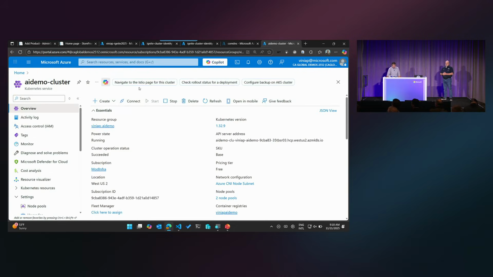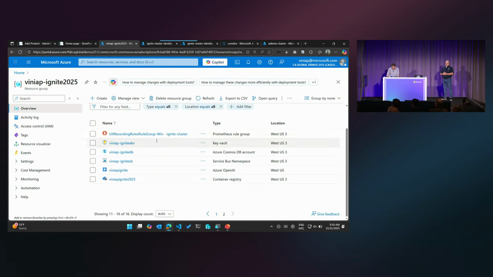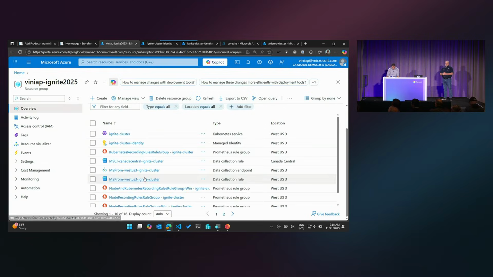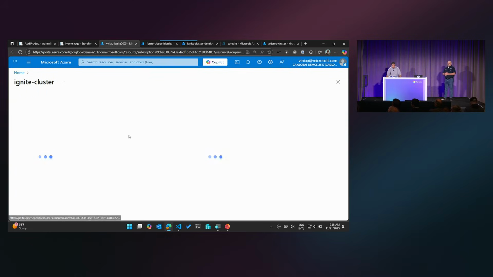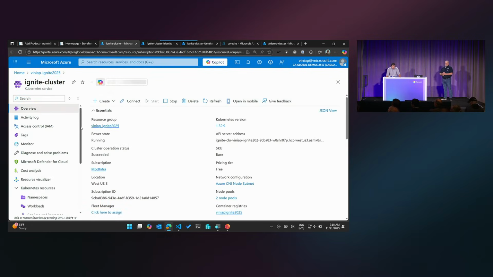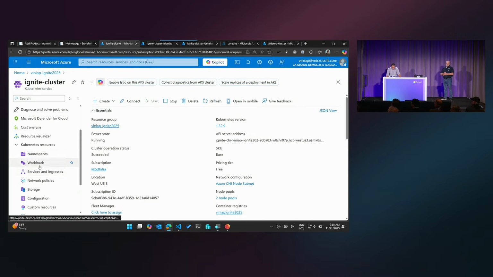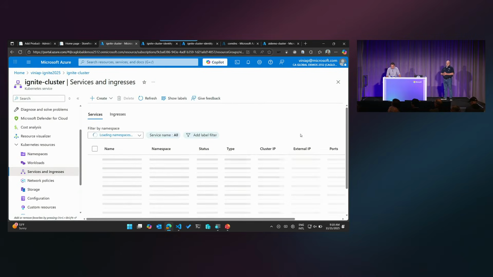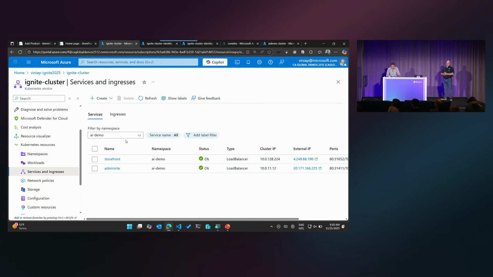So let me actually go back to my cluster itself. I'm going to go to the Ignite cluster. And then what I'm going to do is I'm going to look at the services and ingresses. And here, what I have for my environment is I have the storefront load balancer, and I have the admin site load balancer. Notice that they have an external IP address, but what I'm doing here is I'm using an